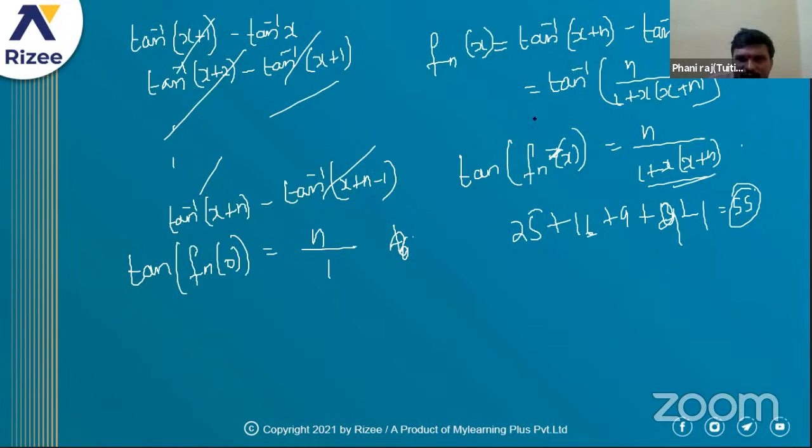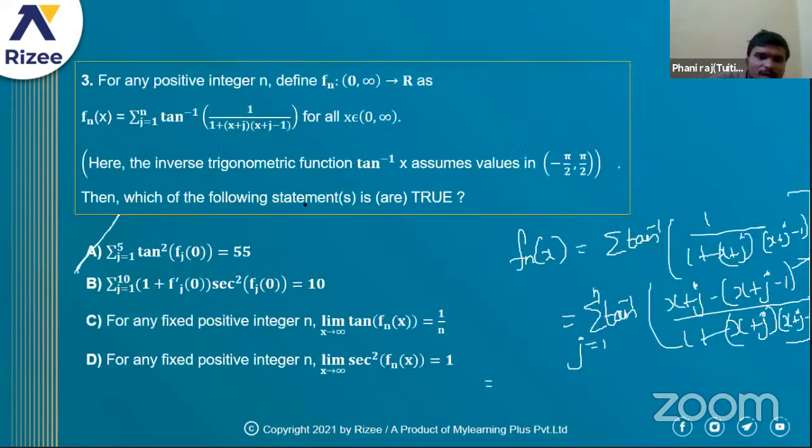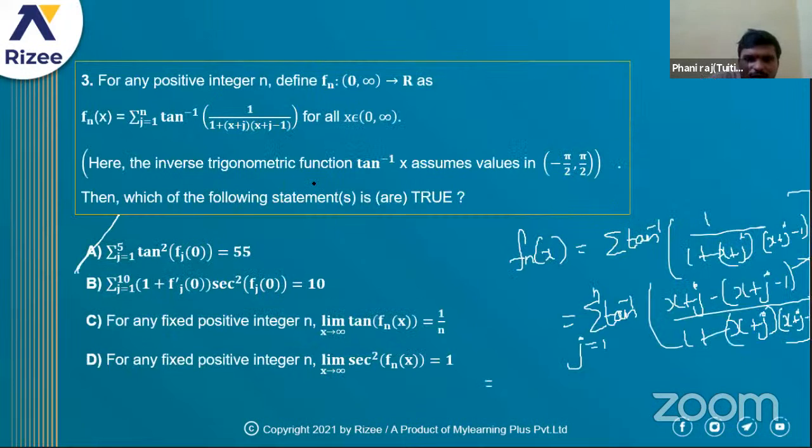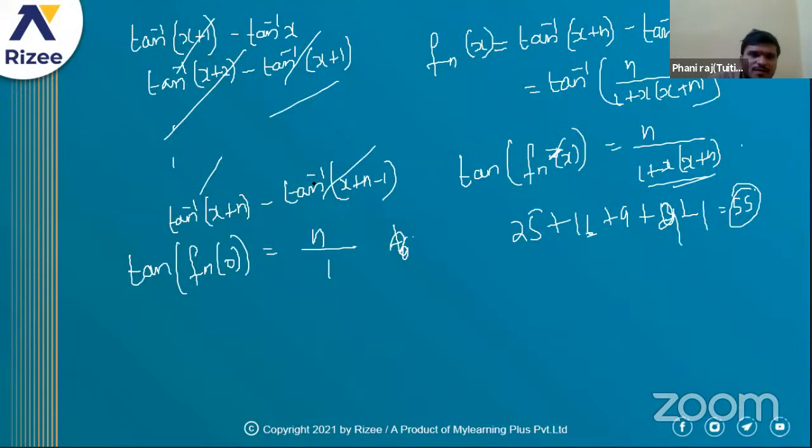Is it clear to everybody, or do you have some doubts? I'm just using telescopic series, expanding this. Okay, tan inverse of x plus n minus tan inverse of x equal to tan inverse of n by 1 plus x into x plus n. Okay. Now take tan on both sides. We get tan of fn of x is n by 1 plus x into x plus n. Next, similarly, tan of f dash of 0 by 1 plus tan square of fn of 0. So that means 1 plus n square by 1 plus